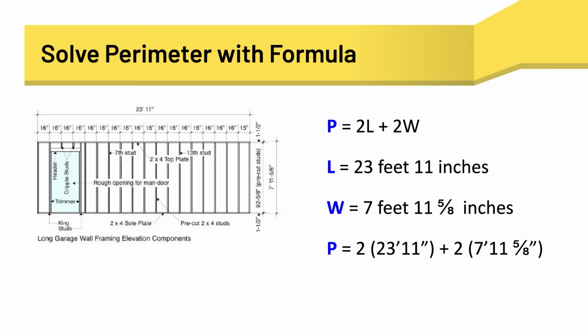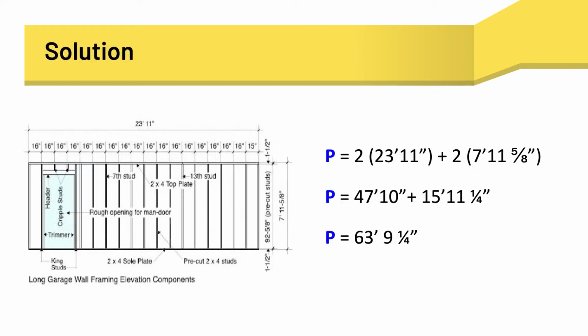Doubling both numbers using his knowledge of multiplication and fractions, Isaiah gets the following numbers. 23 feet 11 inches doubles to make 47 feet 10 inches. 7 feet 11 5/8 inches doubles to make 15 feet 11 1/4 inches. Now he can add these together to get the perimeter for the wall. He arrives at the figure of 63 feet 9 1/4 inches, which he'll use for ordering the correct amount of